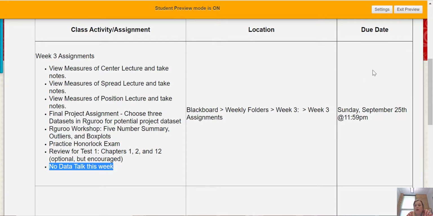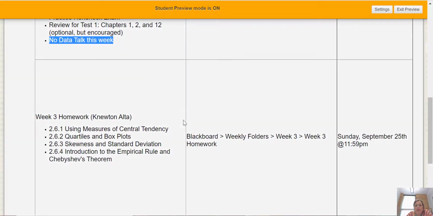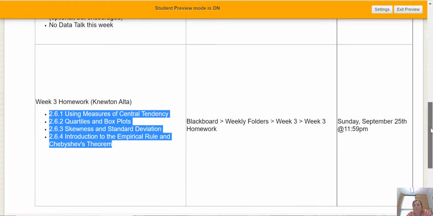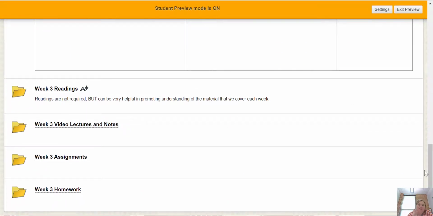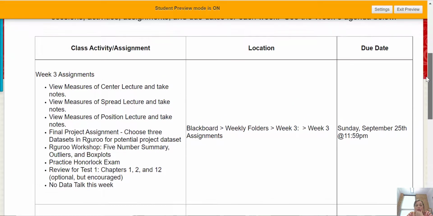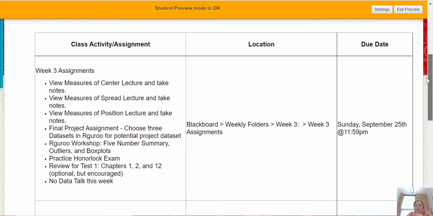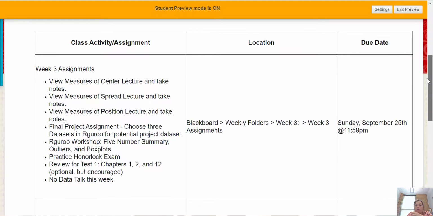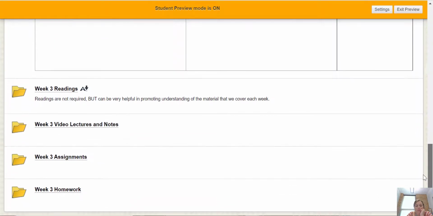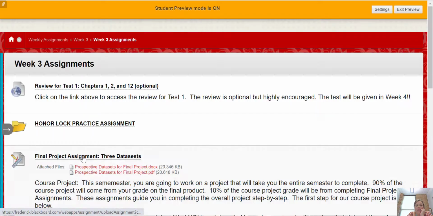on those things. The homeworks this week, there are 4: 2.6.1, 2.6.2, 2.6.3, and 2.6.4. Those are the homeworks for the week. Okay, so everything is set up the way it's normally set up, so that's all good. But I want to show you those 2 items, the final project assignment and the practice Honorlock exam. All right, so let's first look at the